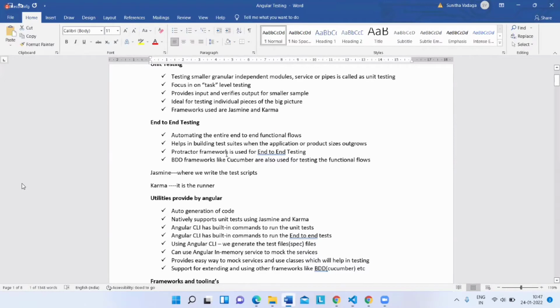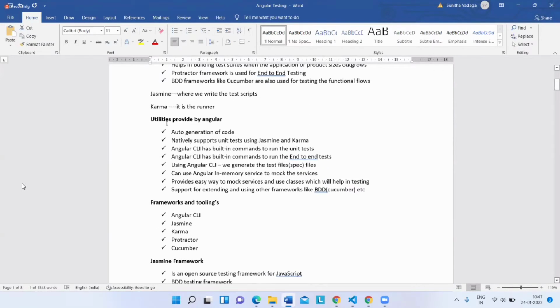Now what are the utilities that have been provided by Angular? Angular has built-in frameworks like Jasmine, Karma and Protractor. Angular is also helping you with auto-generation of the code.